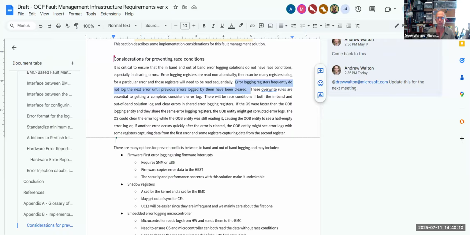And in the implementations that don't do that, what happens is the people that naively read those error logs will get a register from one error, then read the next register, and another error has occurred and it's been overwritten. So now you don't get consistent error logs. You have no idea what's going on. But you have to do that based on severity.